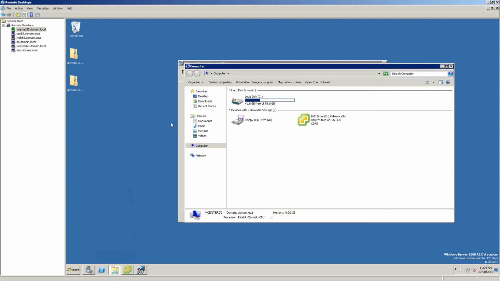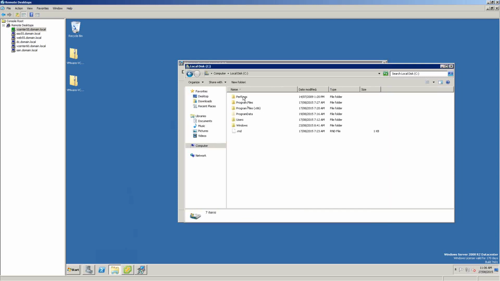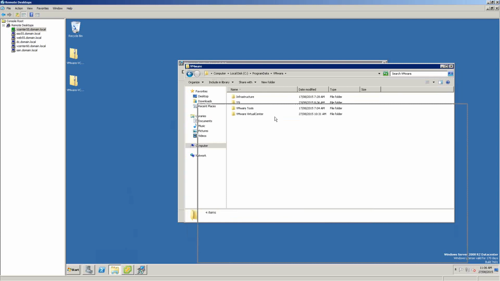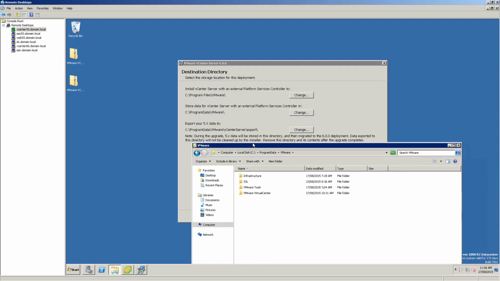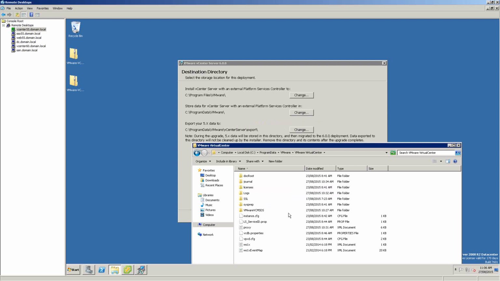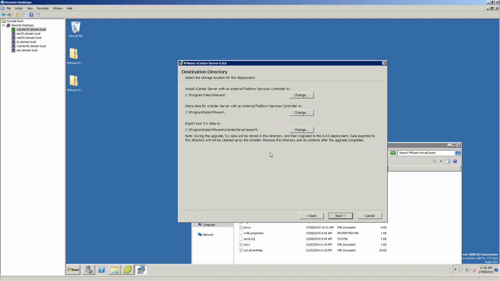I think in a dry run that I did, I've still got it sitting there, so I'm going to go in here and delete it. vCenter program, VMware tool, vCenter server, am I in the right directory? VMware. That doesn't seem like the right directory. Let's go next here anyway. I wasn't sure what that was. That directory doesn't exist.